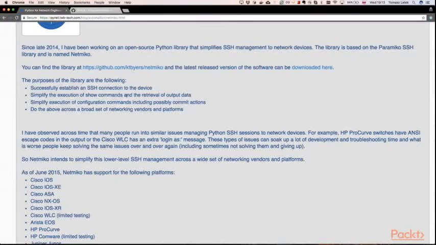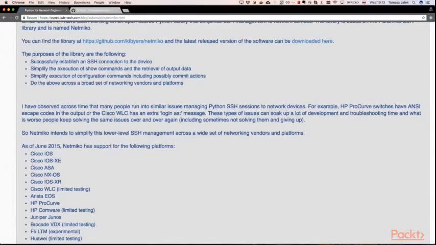And we can download that library. We can see that this library has 4 main purposes. It helps us with establishing an SSH connection to the device. It simplifies the execution of show commands and the retrieval of output data. It also simplifies execution of configuration commands, including possibly commit actions. Because configuring network interfaces could be error prone when done manually, we can automate it using Python and the Netmiko library, and do the above across a broad set of